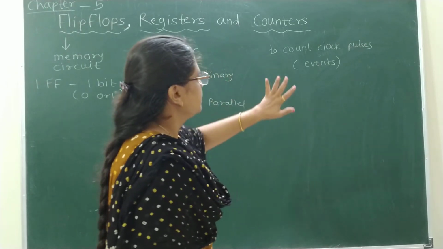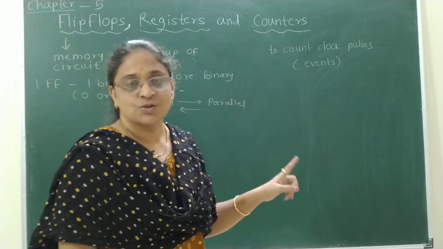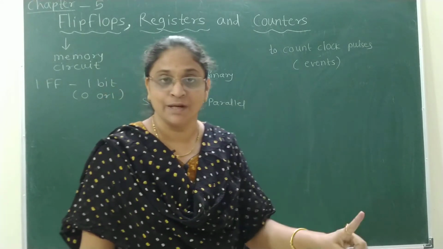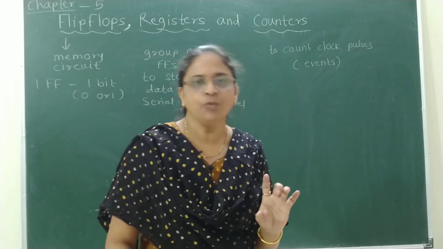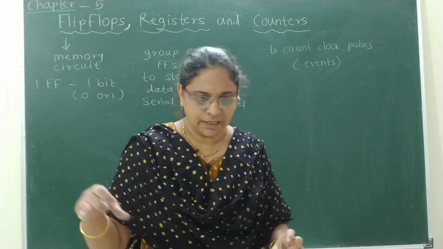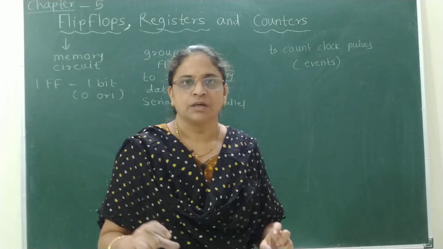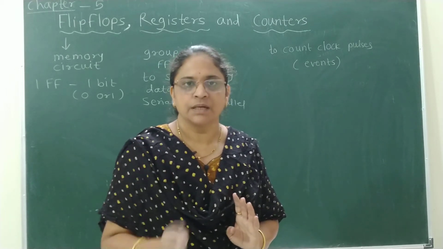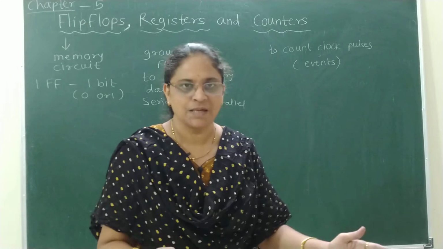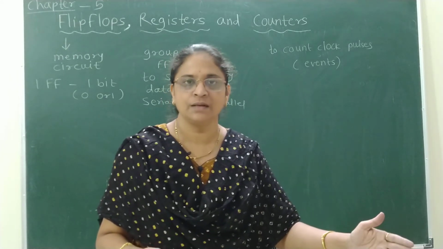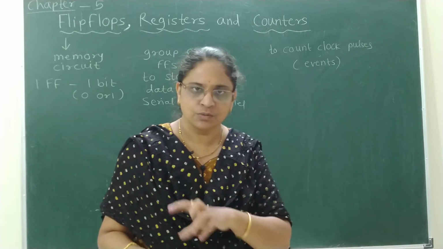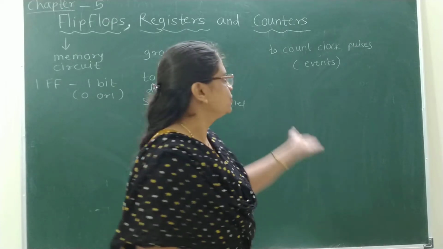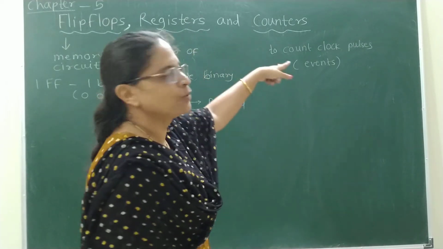And counters. A counter is an electronic digital circuit which is used to count clock pulses, where one clock pulse shows one event. For example, how many milk pouches get passed in 10 minutes. That has to be counted. Whenever one milk pouch gets passed, that is one clock pulse. When the second pouch passes through the roller, the count will be 2. So the binary equivalent of the number of counted pulses can be shown at the output of the counter.